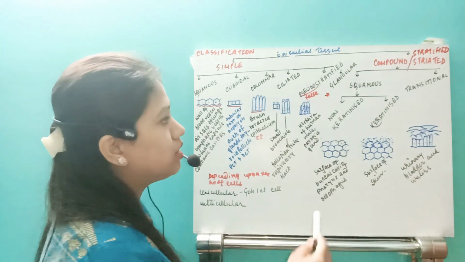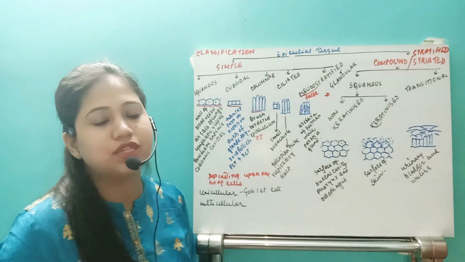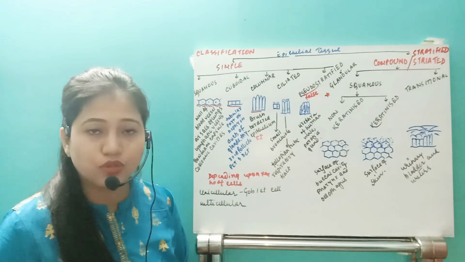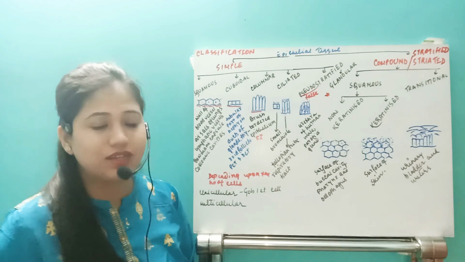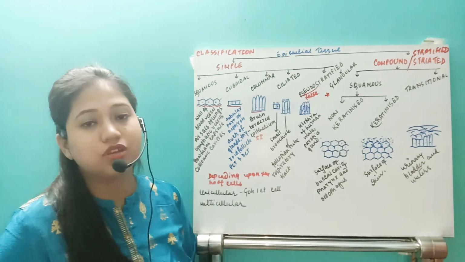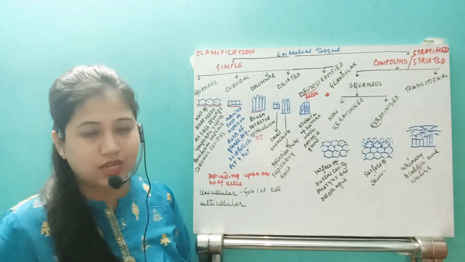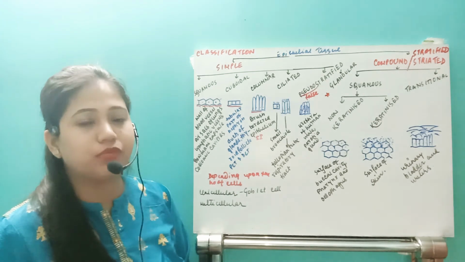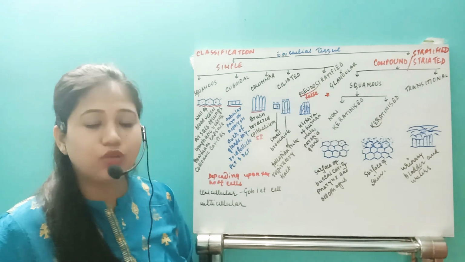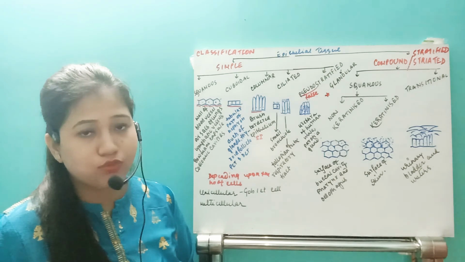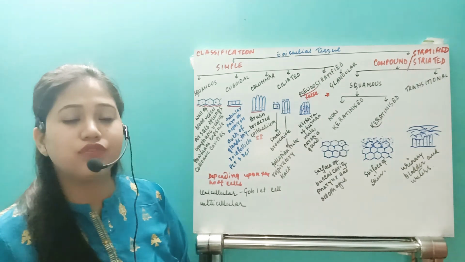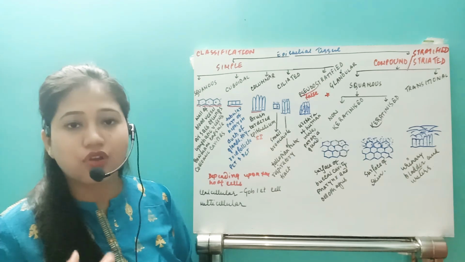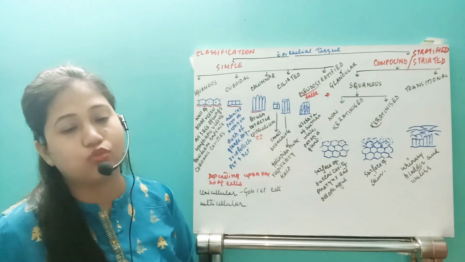Now the last type of compound epithelium is transitional. As I already told you, what is the main characteristic of transitional epithelium? It can increase the surface area to a huge extent. If you see one example, the urinary bladder, if urine is not present, then the size is very small, and if it is filled with urine, then that structure will increase to an enormous extent.